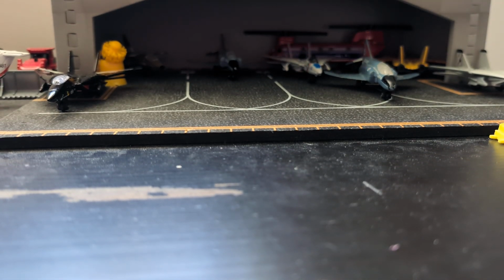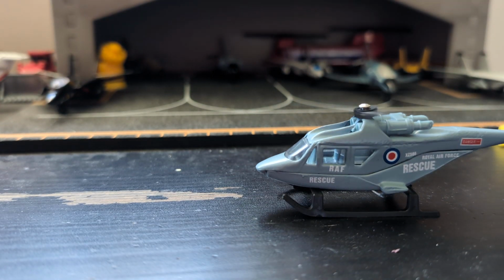So it says copyright 1976. What's this one called? This one is called the...